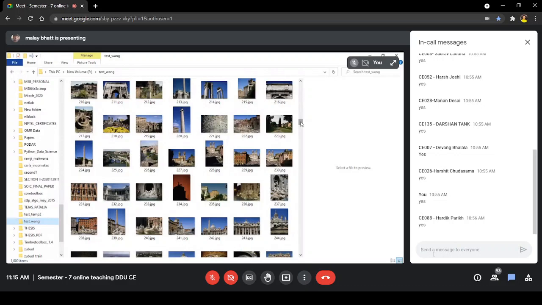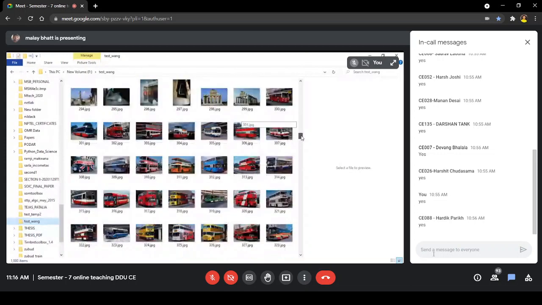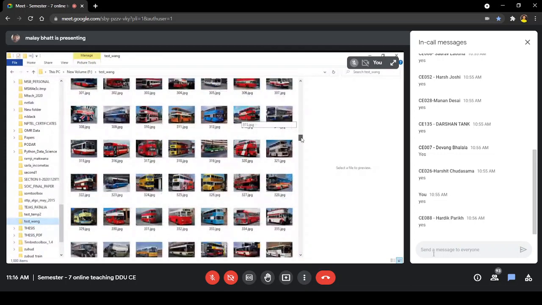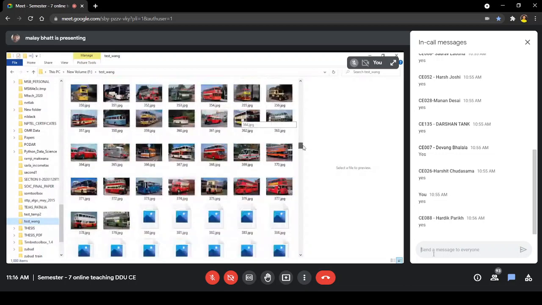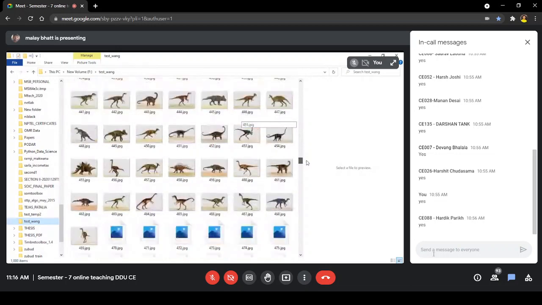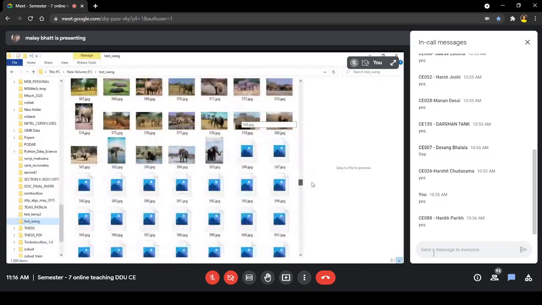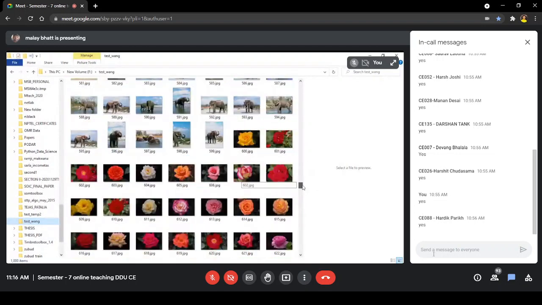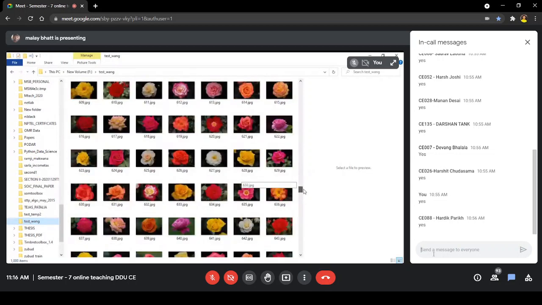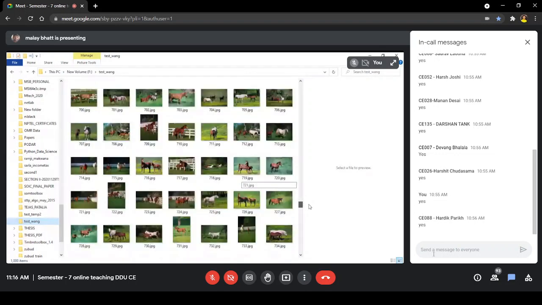So when you upload a picture, it will try to match with this database and it will tell, is it a picture of South African people? Is it a picture of a building? Is it a picture of a seashore? Is it a picture of a vehicle like a bus? You can see that the fourth category is the bus. Is it a picture of an animal like a dinosaur? So when you upload a picture, it will match with these available classes. Is it a picture of an elephant? You can see different classes here. Is it a picture of a flower? Is it a picture of a horse?